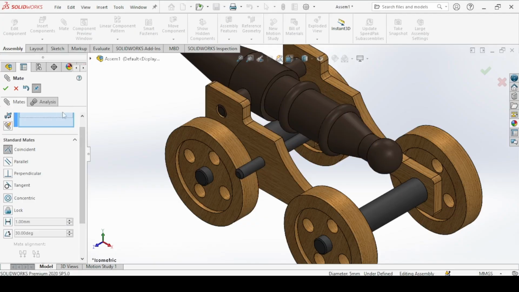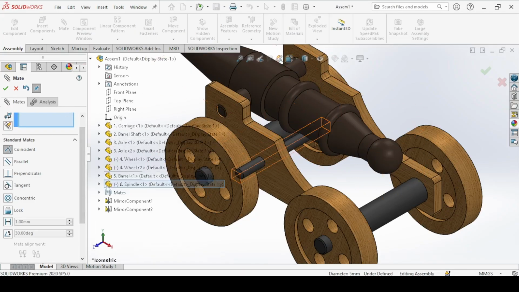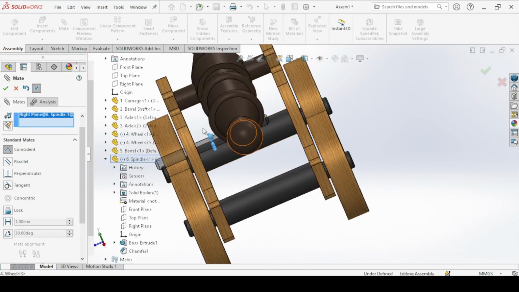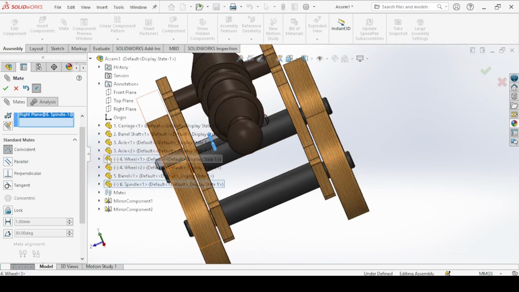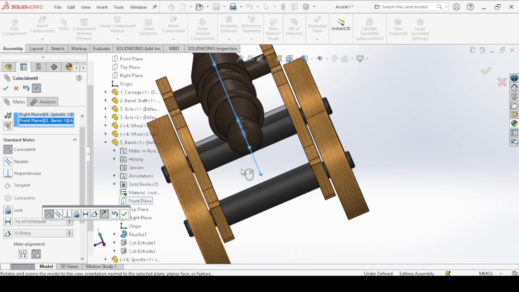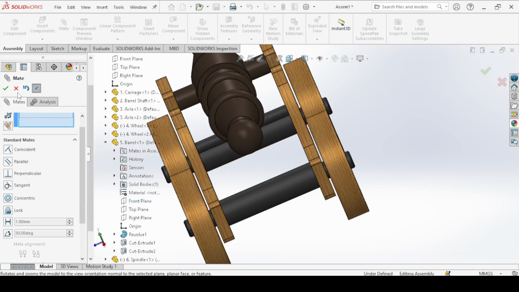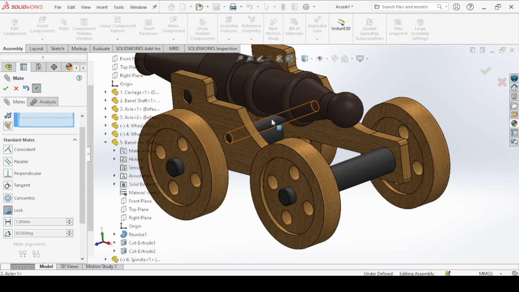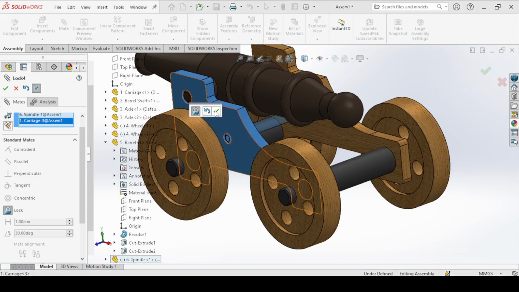And then again we make coincident the front plane of the shaft and then again we make coincident the right plane of the spindle, and then we move to the barrel. I want to coincide with the front plane of the barrel so that it will be in the middle, okay. No rotation, so we just lock the spindle and the carriage, okay.